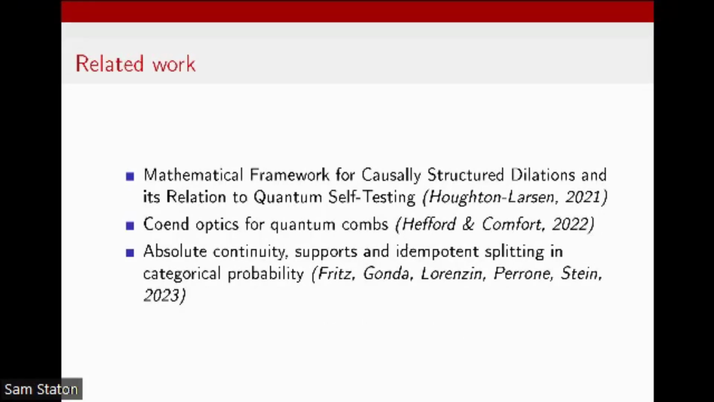So the first one is the PhD thesis of Houghton Larson from 2021, in which he worked in a setting of semi-Cartesian monoidal categories, assuming universal dilations, which is a fairly strong property. And in that case, he defined the notion of a causal channel, and he hinted at the notion of trace for those causal channels, but he deliberately didn't go into that direction, so we kind of wanted to fill in